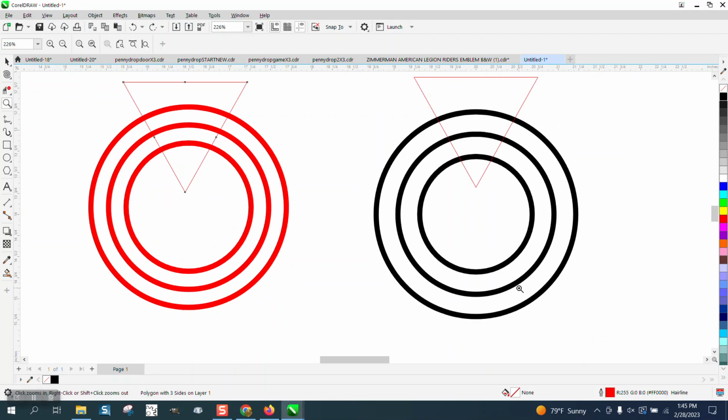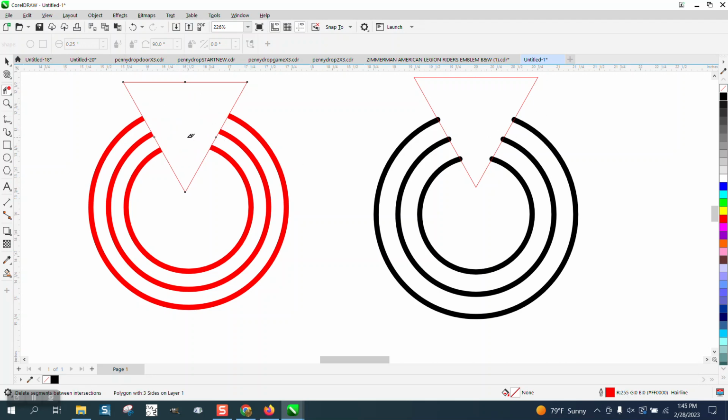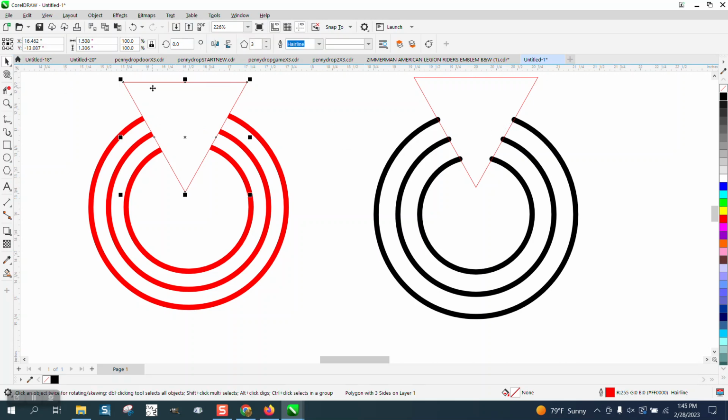Somebody was watching somebody else's video, and when they did this right here, their lines turned to round end caps, and when they do it, they turn to what they should turn as default. This is pretty cool. I don't know that I'd want it all the time,